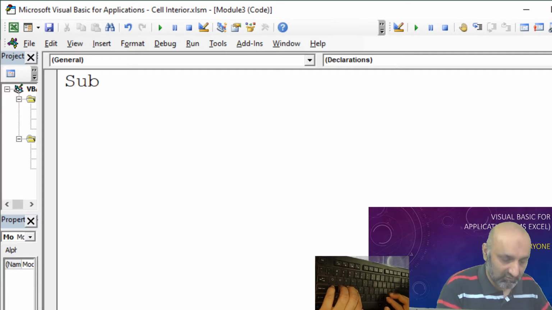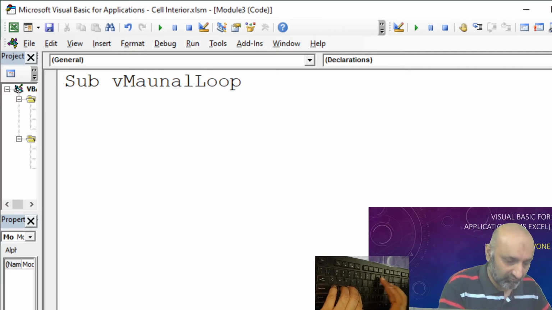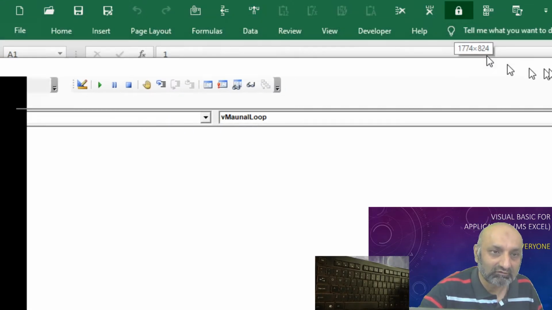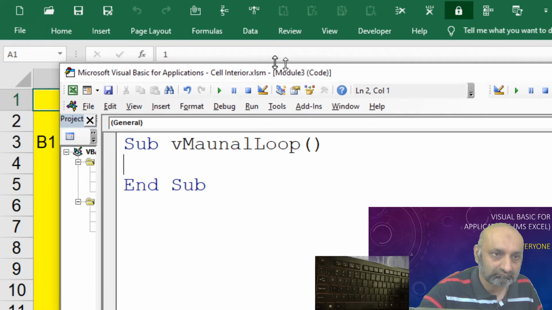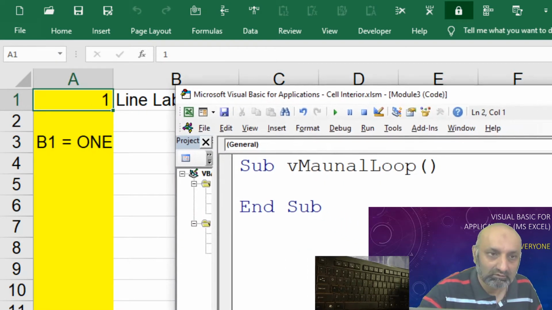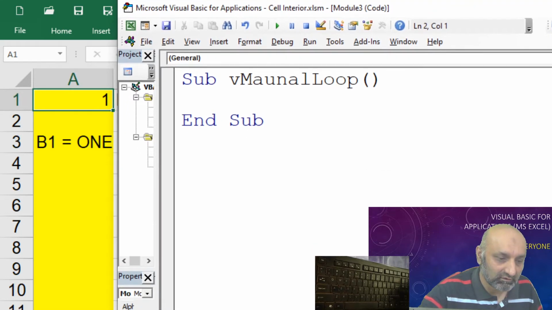Sub, let's call it manual loop. So what we want to do is create a loop that changes the value in cell A1.